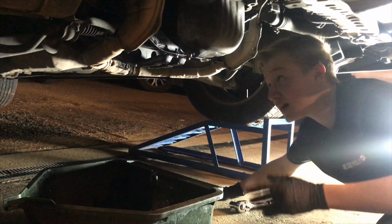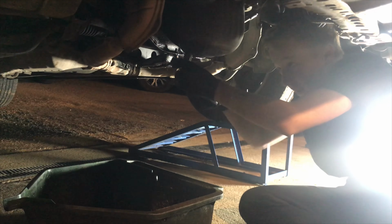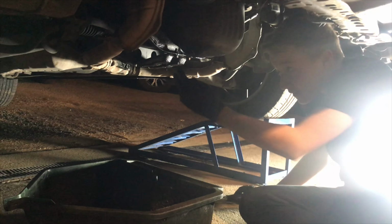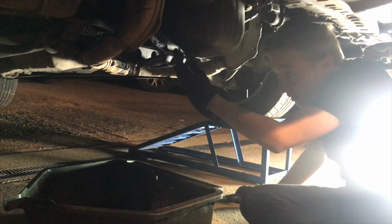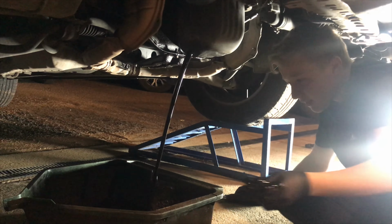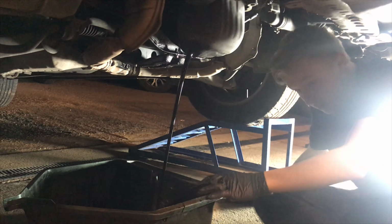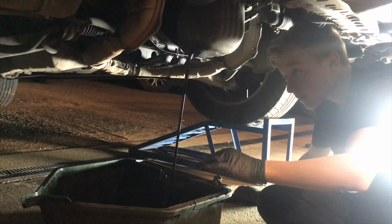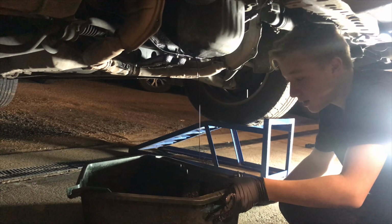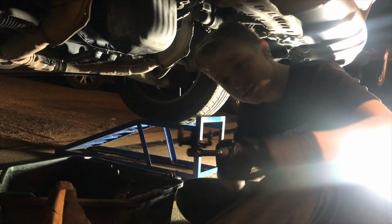So now we're going to be taking the oil out of the car. So what you need to do is find the sump and undo your sump like so, and then undo the last bit by hand. Like that, and your oil will come out. And the tip is to have your car warm when you empty out your oil, because it just comes out a lot easier. The next thing to do is taking off your oil filters, and you need one of these